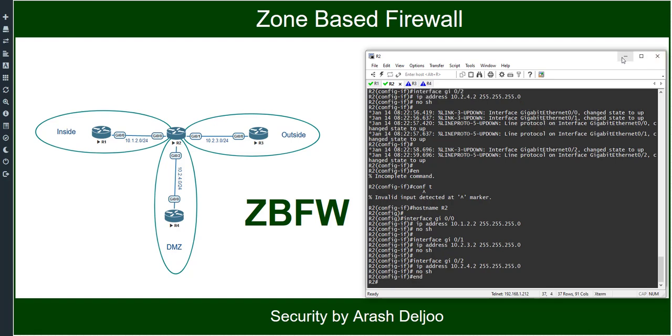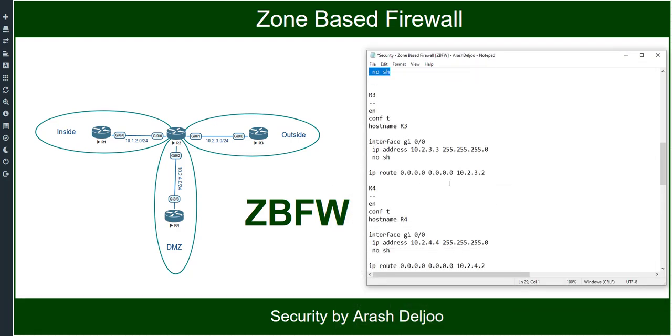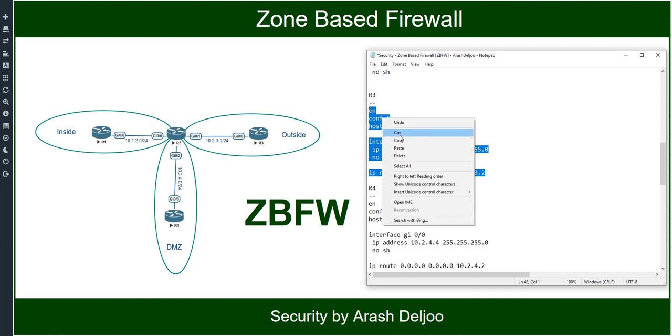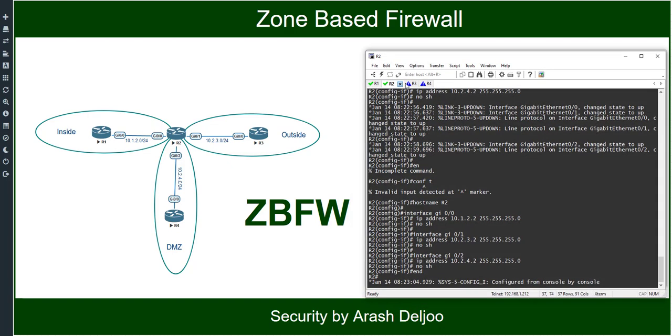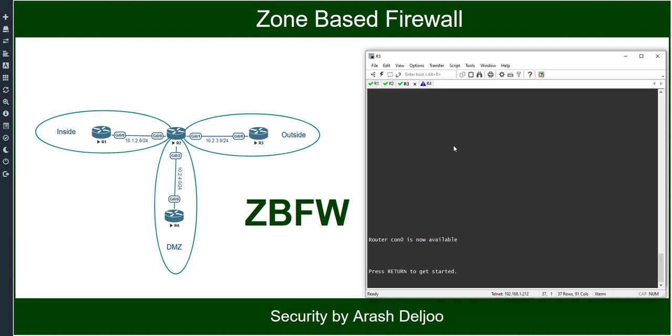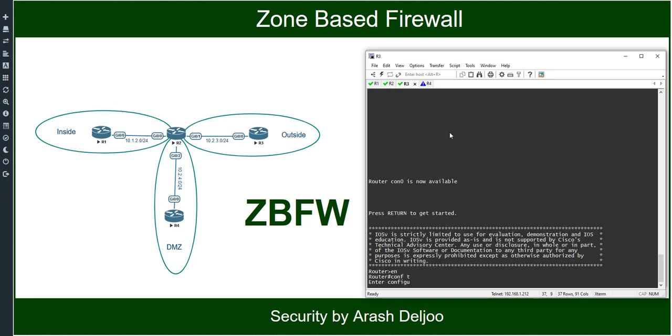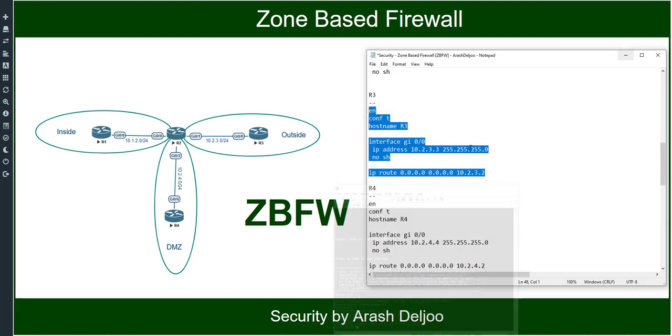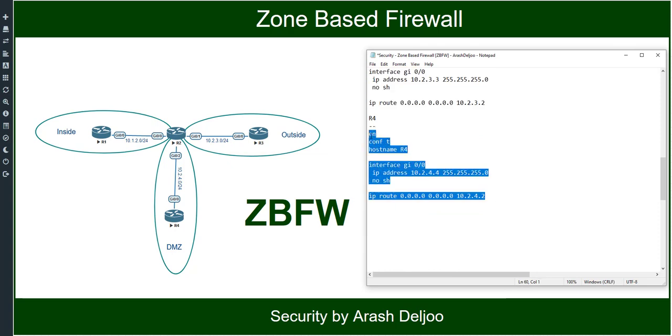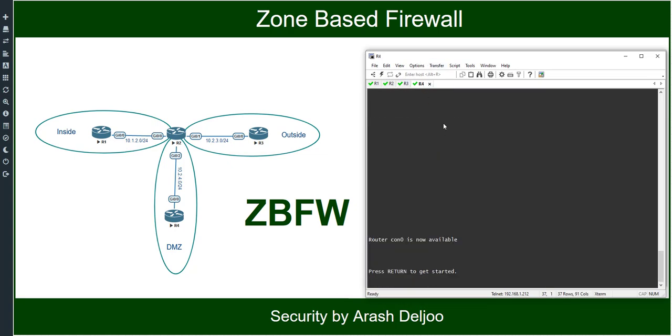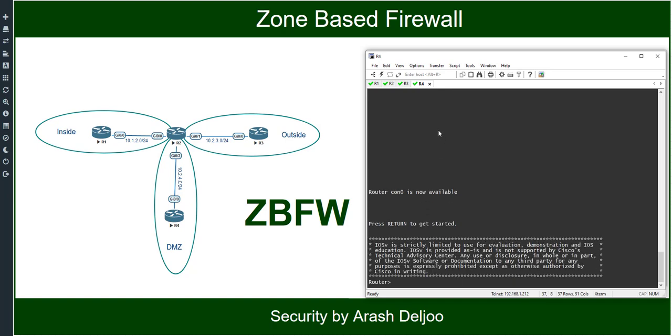I will verify the result of our configuration. Then in the router 3, let me copy the configuration of the router 3. We don't have any problem here. This is the router 3 CLI, and this is the copy of the configuration. And then in the router 4, again, let me copy, and this is the R4 configuration. Now, without any